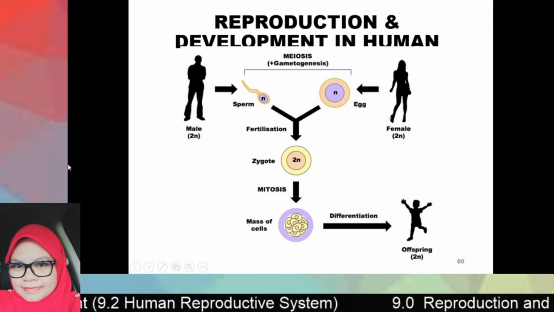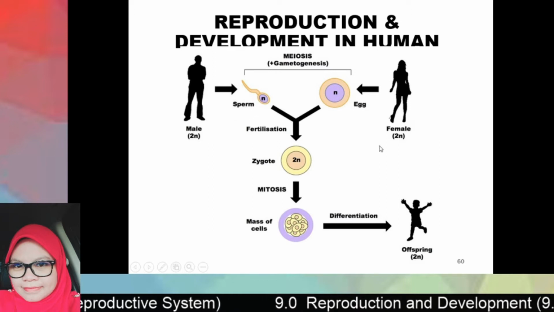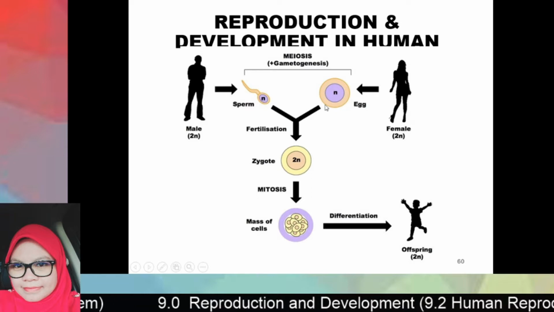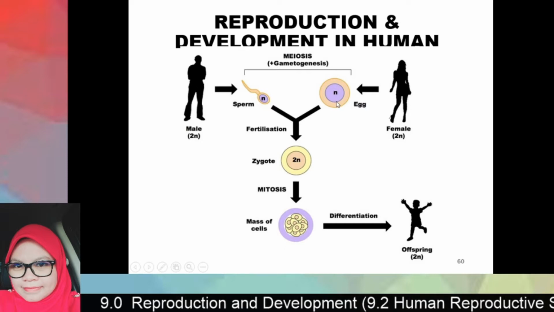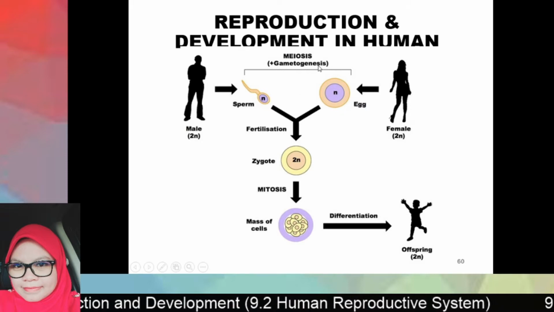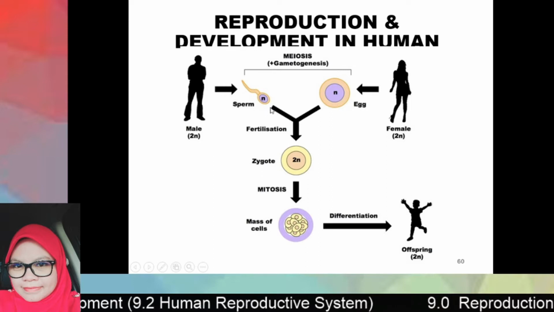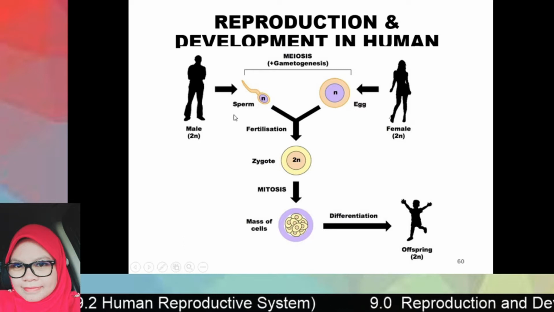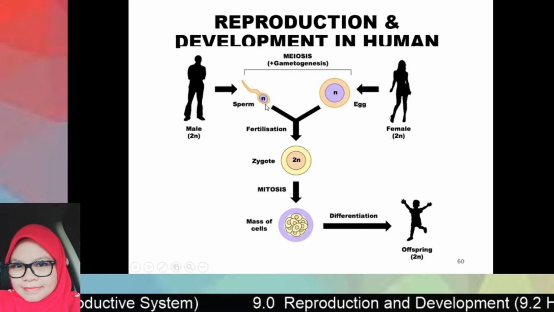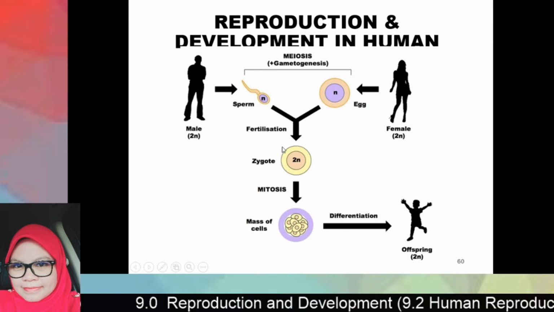As you know, for male, they produce the gamete called sperm, which is haploid, and for female, it must produce an egg. This is the female gamete, and the formation of sperm and egg we call gametogenesis, meaning the process of producing gamete. Specifically, to produce sperm we call it spermatogenesis, and to produce egg we call it oogenesis. Then the sperm and the egg, which are both haploid, fertilize to form the